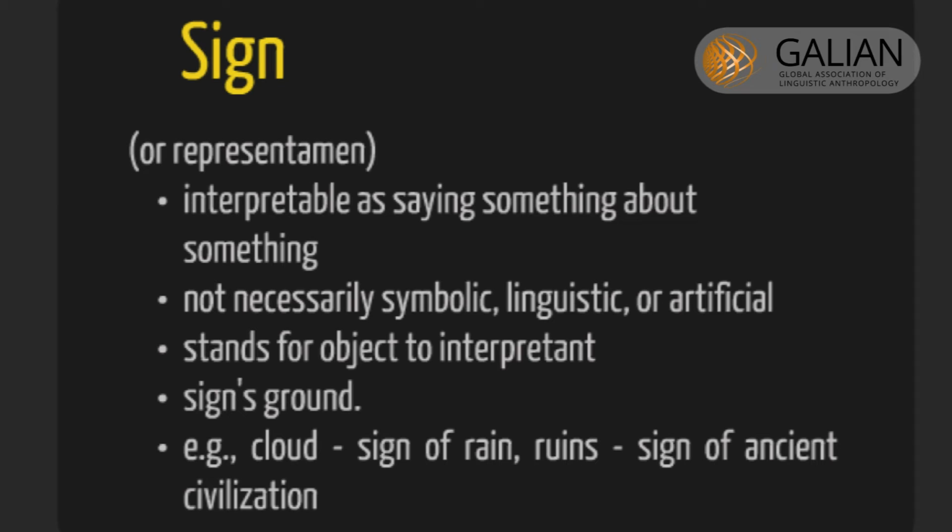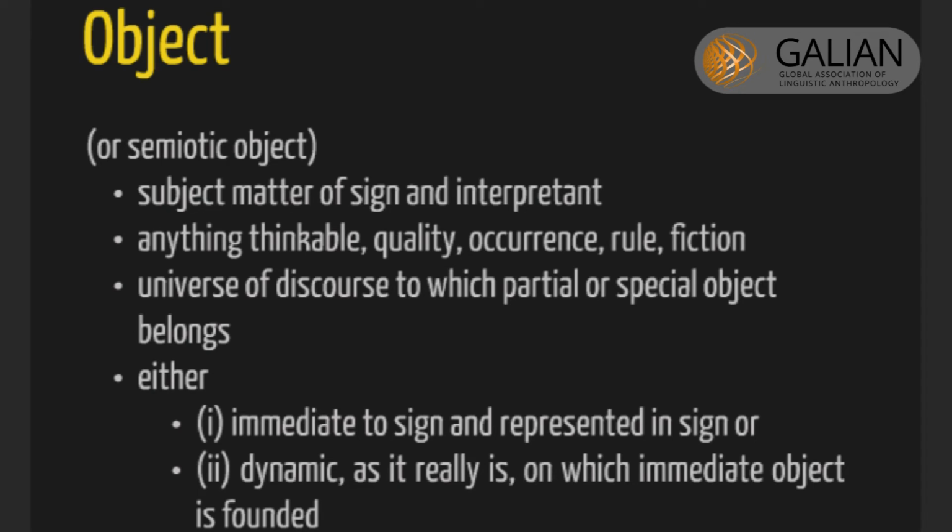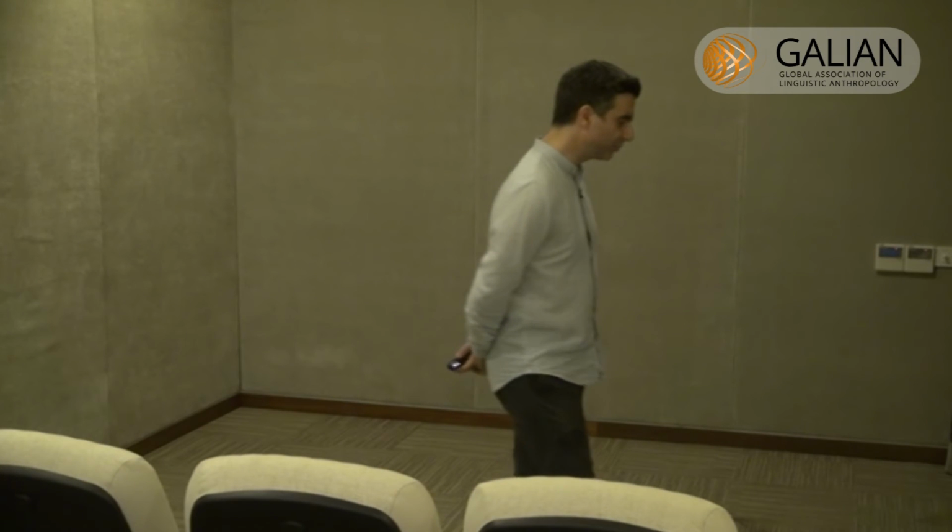The sign stands for the object to be interpreted, and it's the sign's ground. The object, or the semiotic object, as Peirce tells us, represents the subject matter of a sign, and an interpretant. It can be anything thinkable: a quality, an occurrence, a rule, even fictional. The object is the universe of discourse to which the partial or special object belongs. So if we take the example of Pluto's orbit